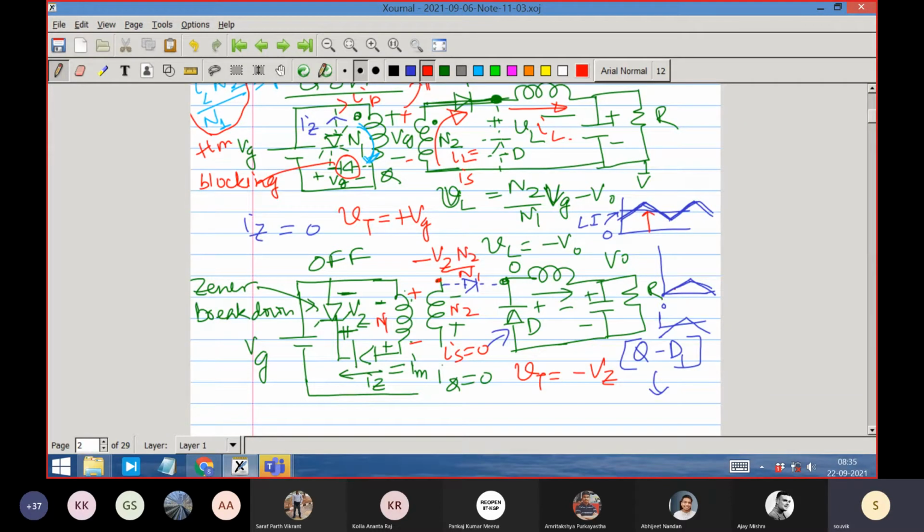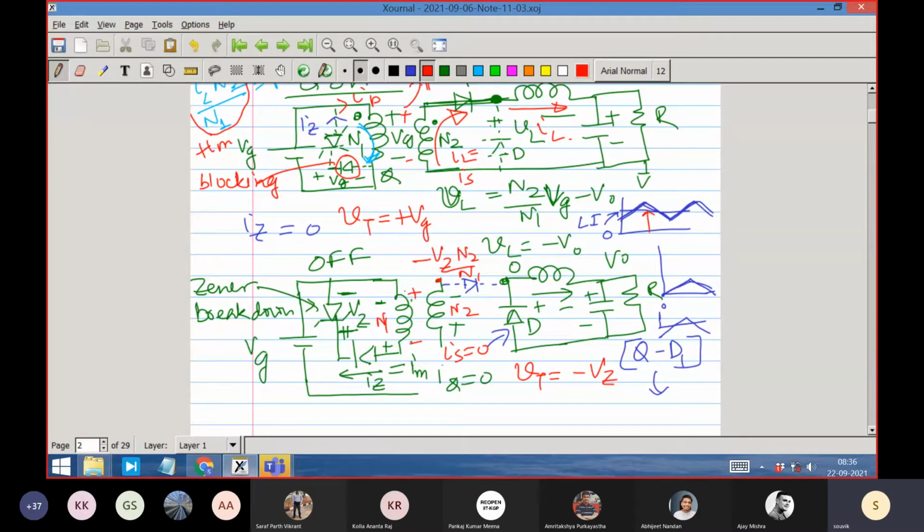But here it cannot, need not, because whatever flux level would have gone up due to the current has been compensated by the primary current. Primary and secondary have compensated each other and brought the load current related flux to 0. Right? You have been taught like that also in the other courses, I guess. So that is what is happening. But there is some current. What current? What you call the transformer's magnetizing current, the flux producing current.